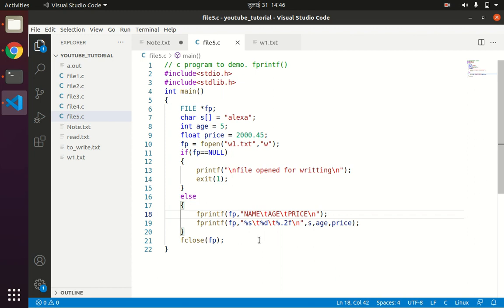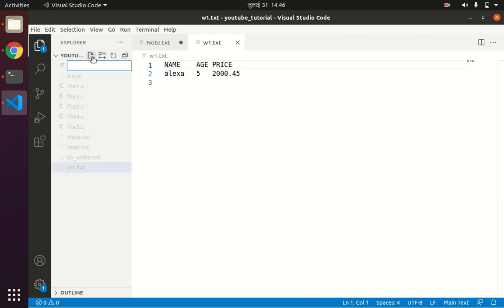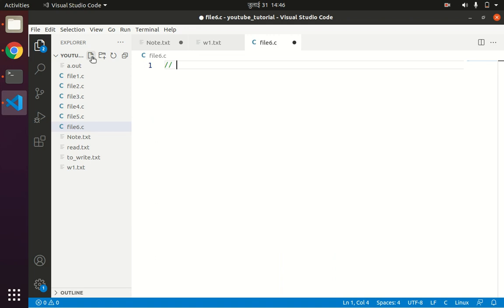Now after the fprintf function we'll have the fscanf function. For that I'll be creating one new source file, file6.c, C program 4, fscanf. The scanf function is used for the reading operation, and here the fscanf function will be used to read from the file.